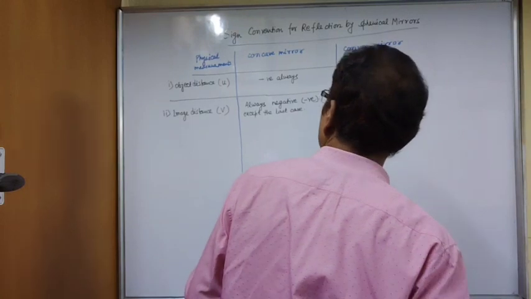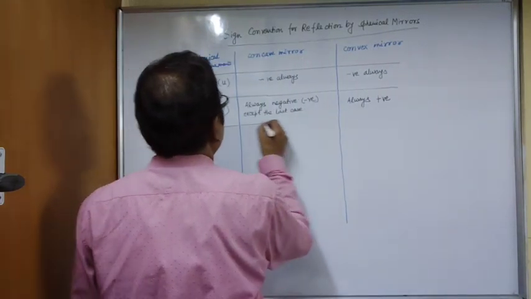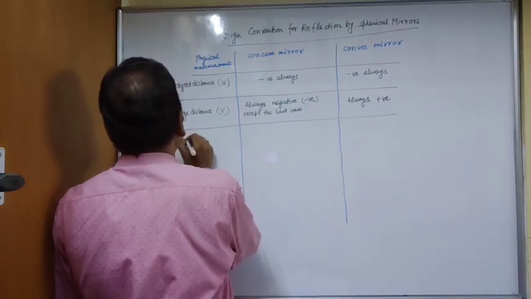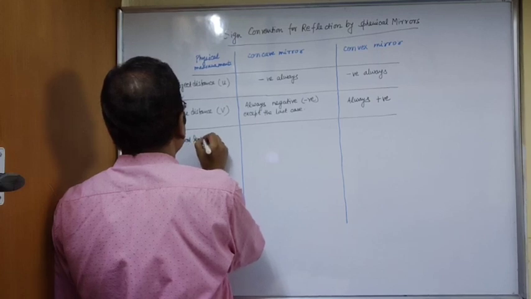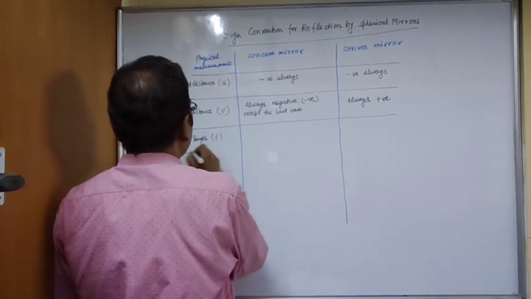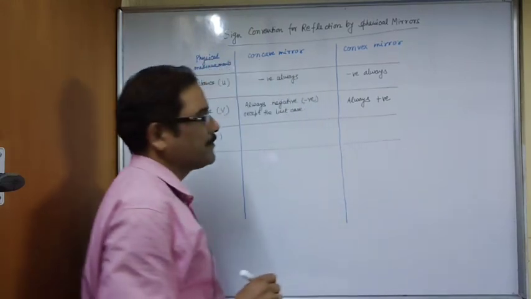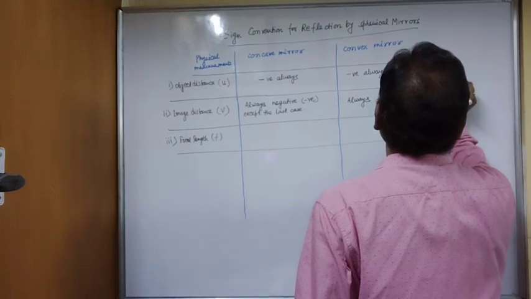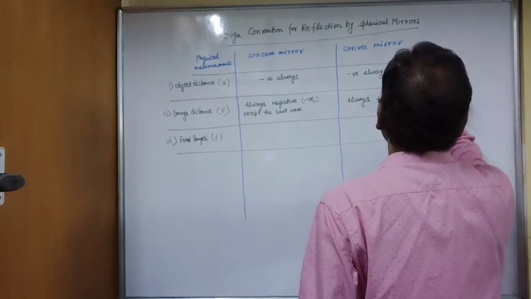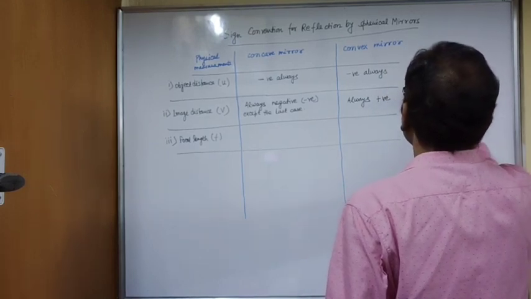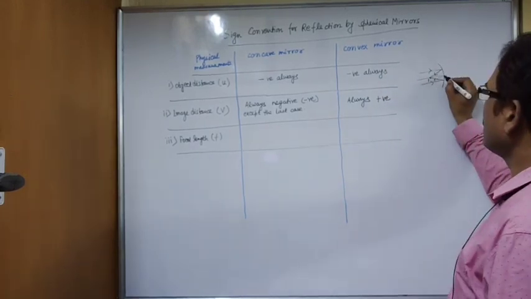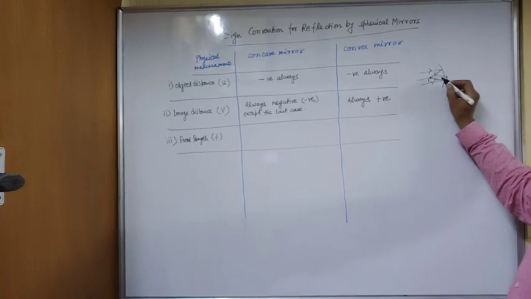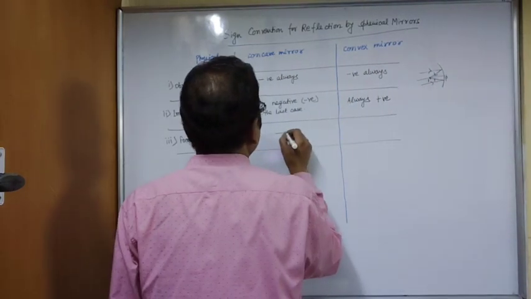Then third one, focal length. Focal length of concave mirror. So in concave mirror, parallel rays will reflect and meet at a point on the principal axis, isn't it? This is pole. So this distance is known as focal length, distance between P and F. So it will be negative in case of